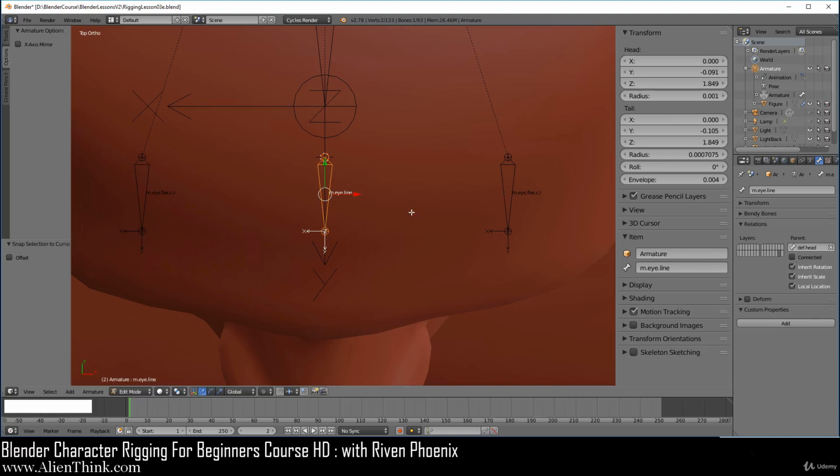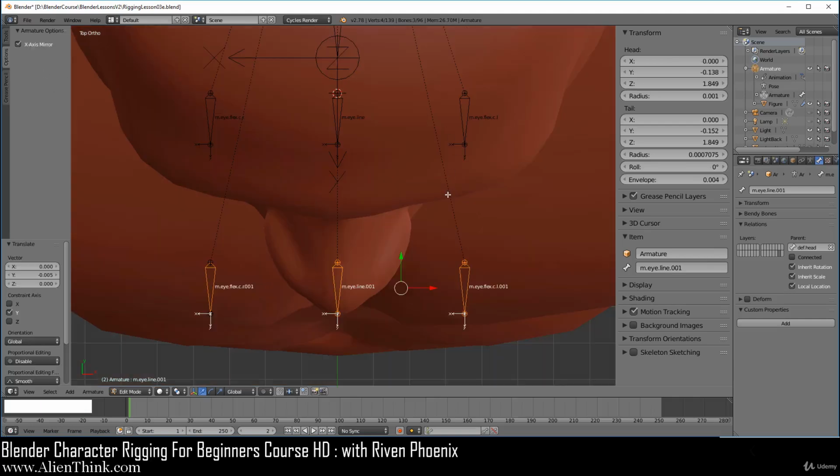Now there are 2 ways to do this. One is that you can simply click on all these 3 bones and do Shift D to duplicate them, or you can simply try to figure out how this thing is going to be set up. It just makes it a bit easier. Anyways, go ahead and click on each of these bones and make sure that the deform is off, which it should be. Now go ahead and click this, and this is going to be a touch bone, so we're going to not use the M prefix. We're just going to type in